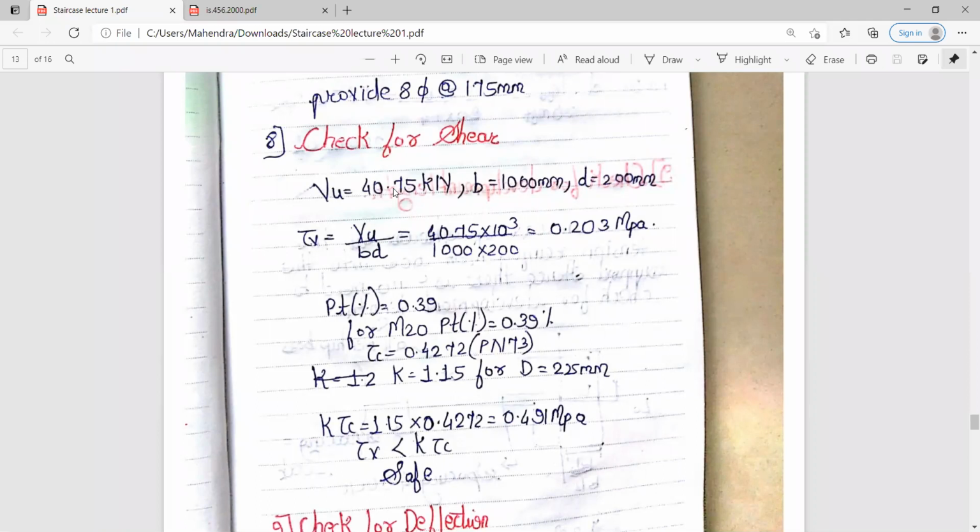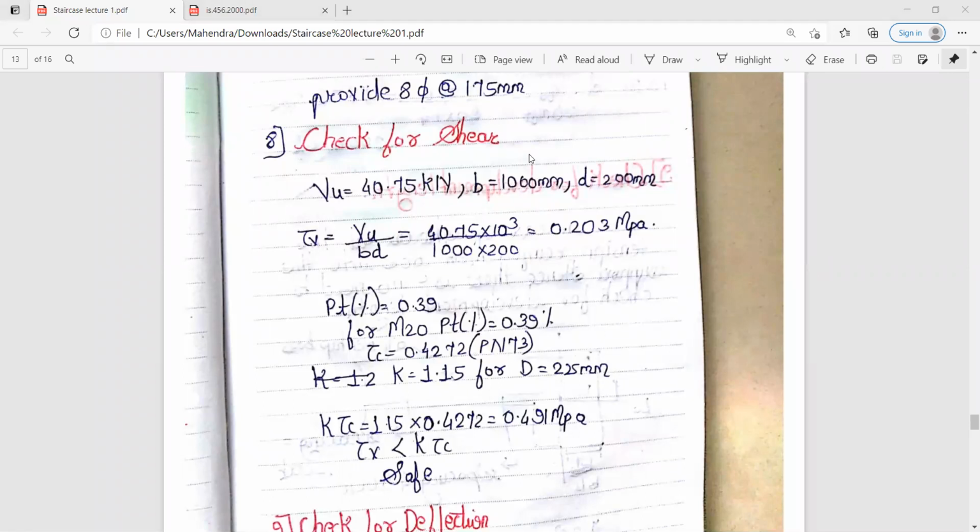Then the B you are having is 1000 mm, D is 200 mm. The formula to calculate tau V is VU upon BD. VU is nothing but the shear force, that is 40.75.